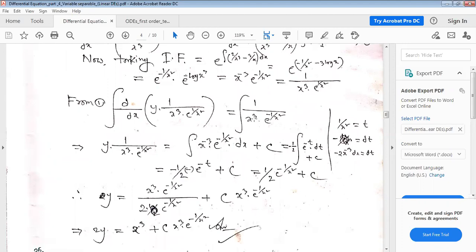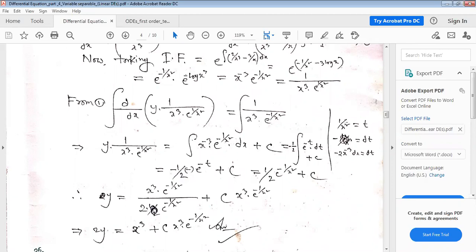So x cube can be written as minus x to the power minus 3 e to the power minus 1 by x square. Actually, this will not be minus, this will be plus, so this will be minus. Okay, there is a mistake, a printing mistake. So x to the minus 3 e to the power minus 1 by x square